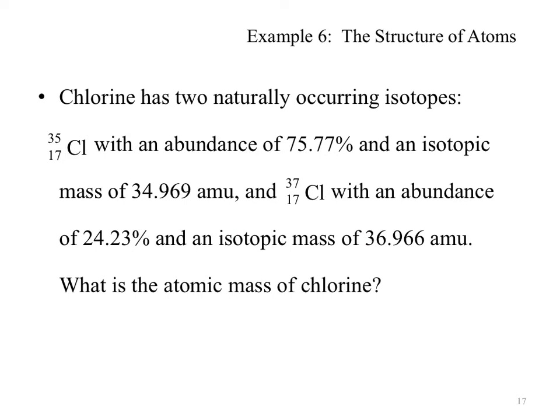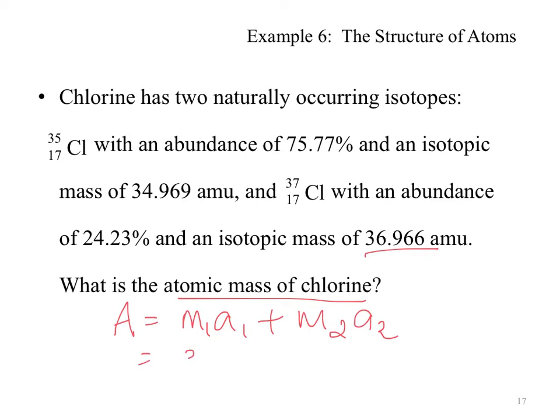Chlorine has two naturally occurring isotopes, Cl35 with abundance of 75.77% and 34.969 AMU for its mass, and Cl37. The abundance is given. The isotopic mass of that is 36.966 AMU. What is the atomic mass of chlorine? So we are asking for A, when two isotopic masses are given, M1 is 34.969. A1, the abundance of that, is 0.7577. M2 is 36